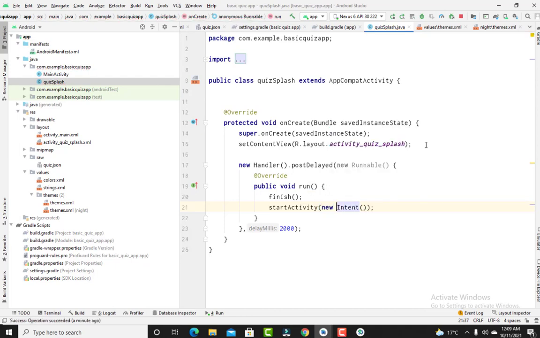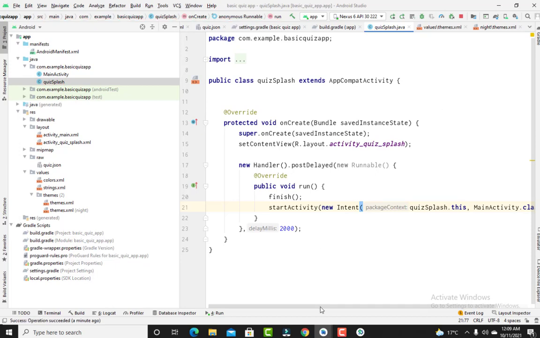With the help of intent we can open a new activity. So the current activity is quiz splash and the new activity will be MainActivity dot class, right?